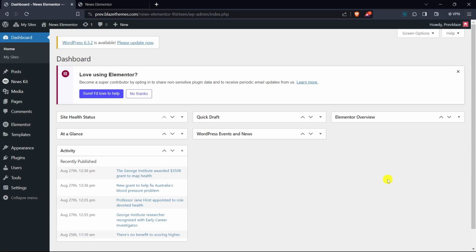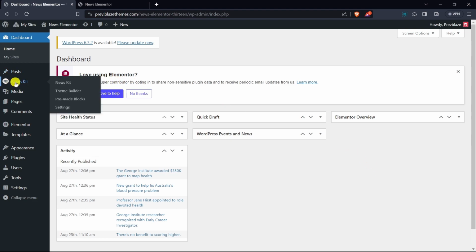Today I'm going to show you how to create a header template with NewsKit Elementor Addons plugin. For this tutorial I'm using Pro version of this plugin, so you might not see some features in your website if you are using the free version. But there is no need to worry, there is only a little difference. You can get around all of the settings very easily to create your own custom header template by following this